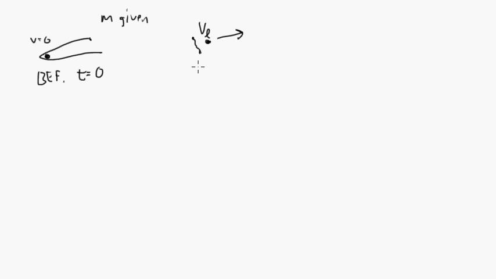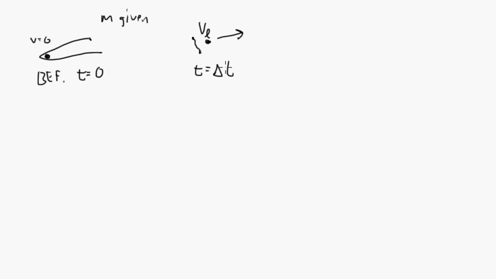So, just to draw a little picture of what we're talking about, here's the shirt. This is before, and then afterwards, this is the slingshot. The slingshot has afterwards spent all of its energy, and you now have this shirt flying with a velocity of v, I'll call it v sub l. And the velocity here is 0. The mass was given, and this picture here was at time t equals 0, and this picture here was time t